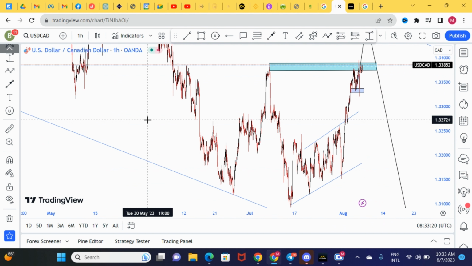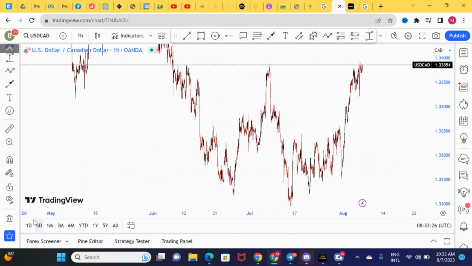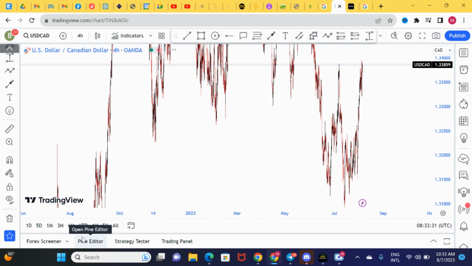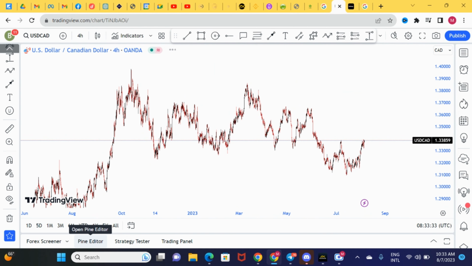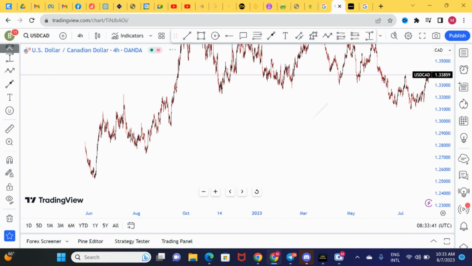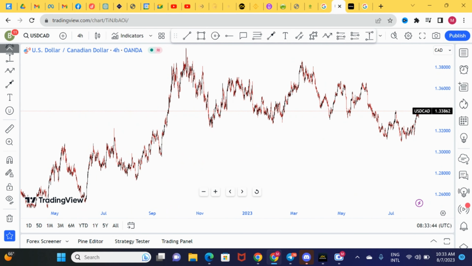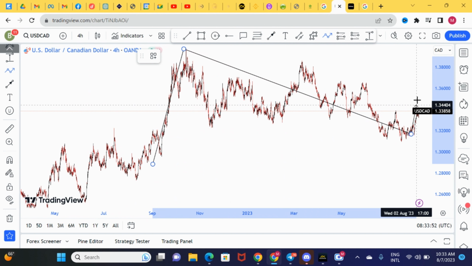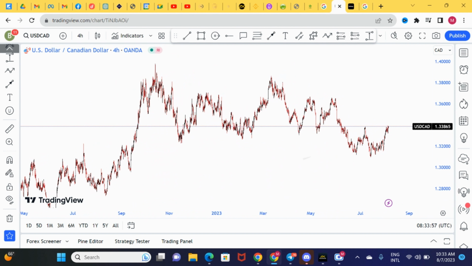Let me show you. What we can see here, ladies and gentlemen, allow me to just delete this and go to the 4 hour time frame. We've been seeing the market trending downwards. Here I want to take time, because what I'm seeing is an impulse movement from this side, and then this whole movement is a correction, and this correction should give us another impulse movement.